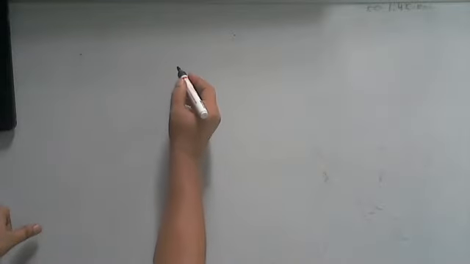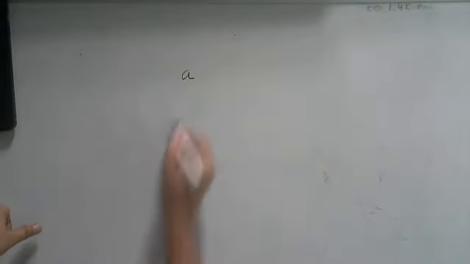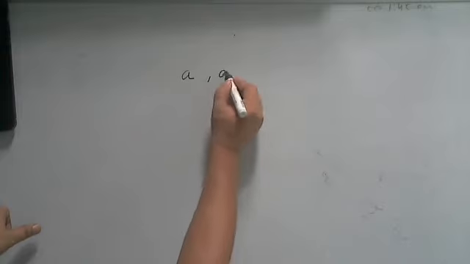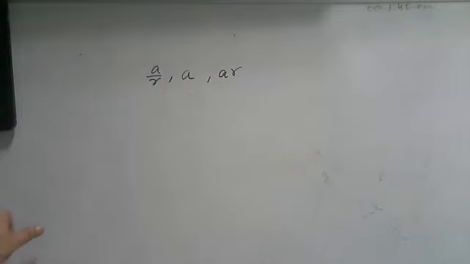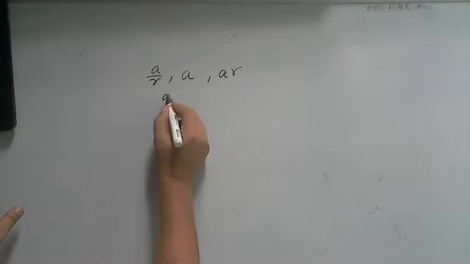आपकी मर्जी है, आप चाहे तो ऐसे भी ले सकते हो A, AR, AR square, but in that case it will be slightly lengthy. Whenever you have to assume 3 terms, always try to take from the middle: A, and next is AR, and the previous one A upon R. इससे फायदा क्या होगा? When you need to take the product, it will give us cancellation of R. Like in this question, it is given to us that sum of first 3 terms is 13/12.